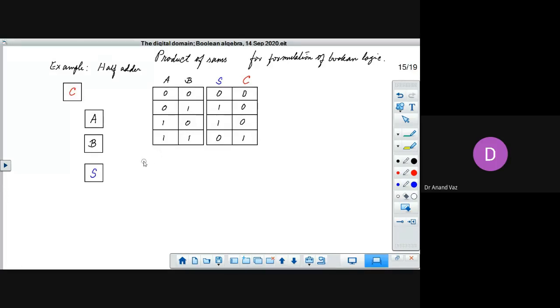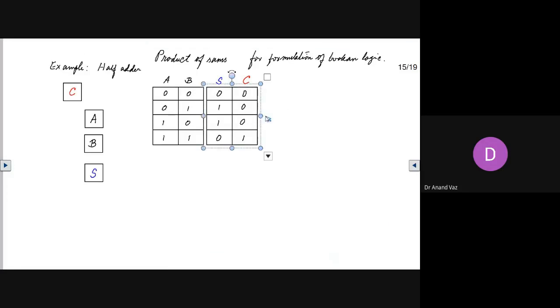So if we see the output using two methods, let's slightly increase this width.